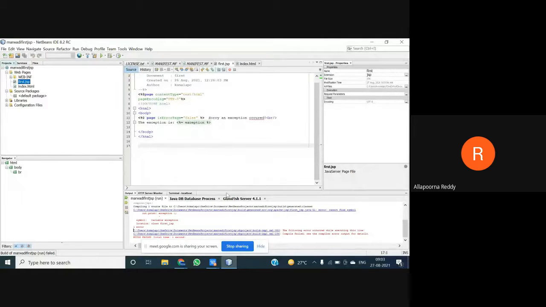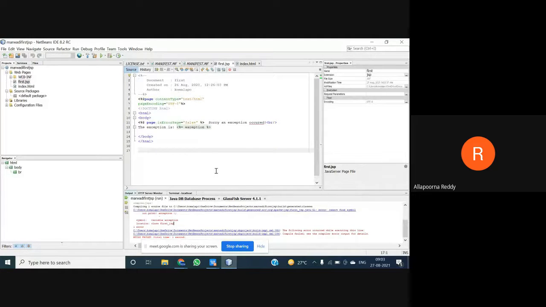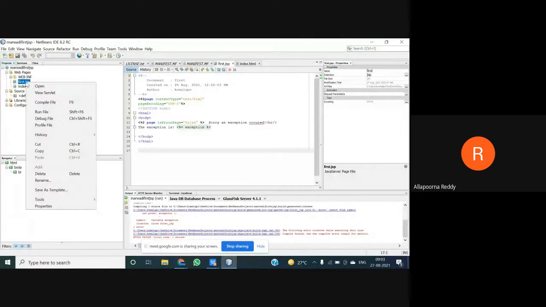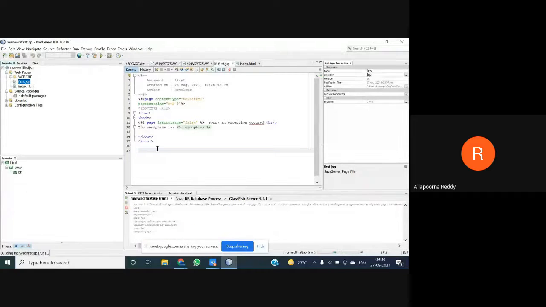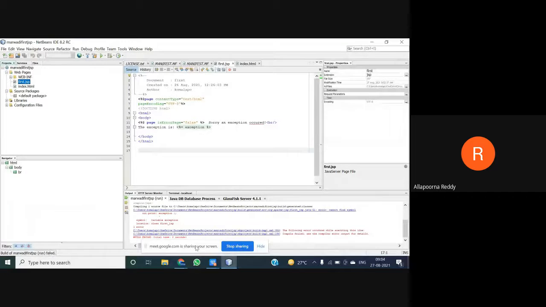It is giving some error. What is that? There is no redirection because it is showing an out.print exception. We are not having any exception over here because by default it will be false. Build failed, compile error. Why? Because the default is false, so there is no exception.